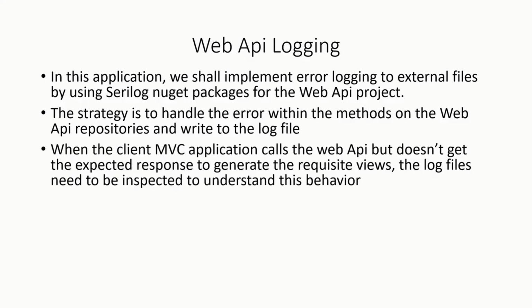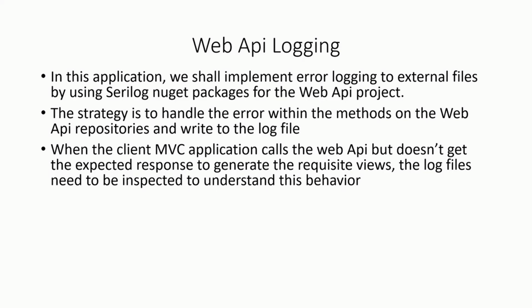Okay, so when the client MVC application calls the Web API but doesn't get the expected response to generate the requisite views, the log files need to be inspected to understand this behavior. All right, as I have shown you the finished product, the MVC client was calling on the Web API, and if you look into some of the functionalities, you will find that some of the expected behavior of the